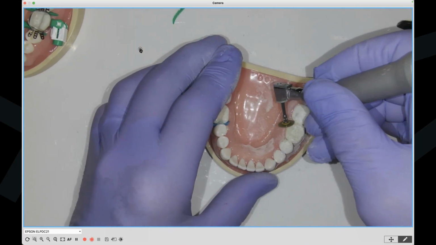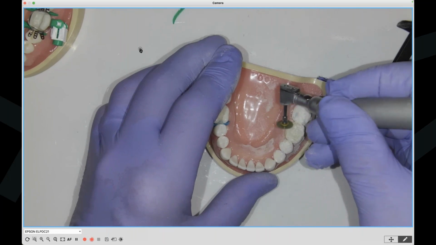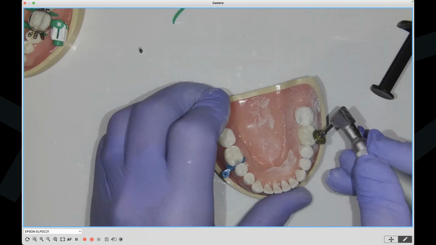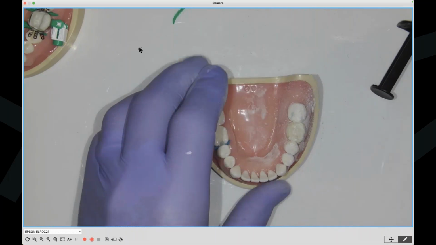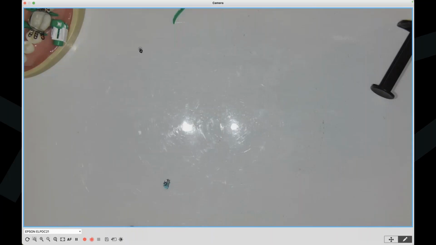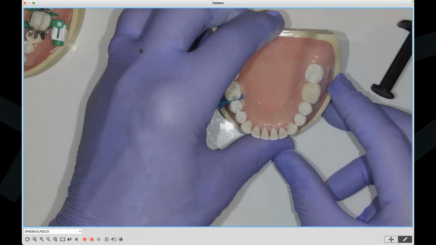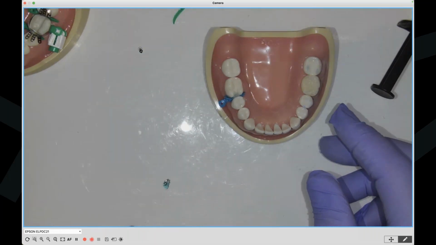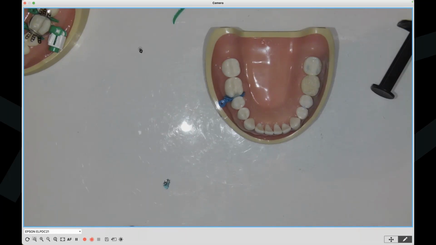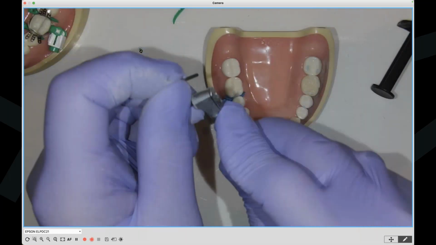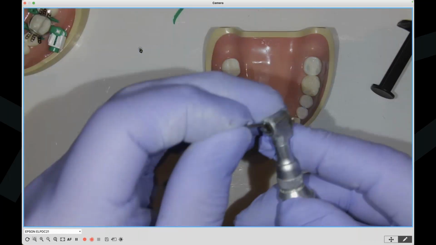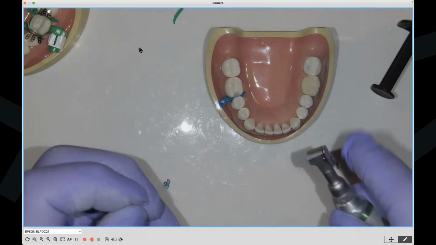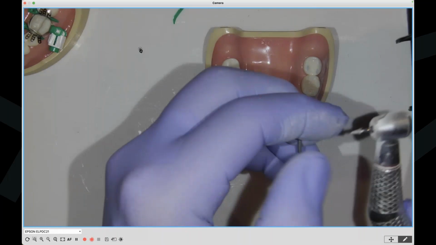Let me blow that off with that air can there. You see that air can now? This one will seal. Clean it off. And we'll just do it over here. Okay, the final we do with this small acorn, and then we can hit it with the nano diamond. And that will give us our final.